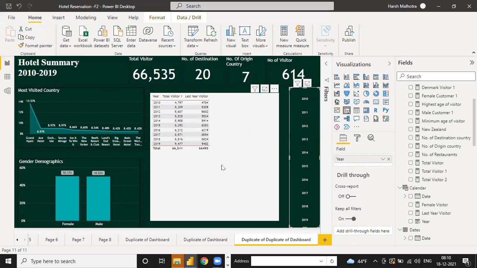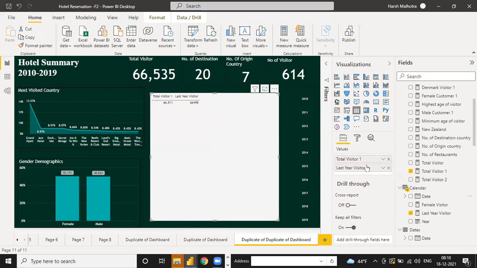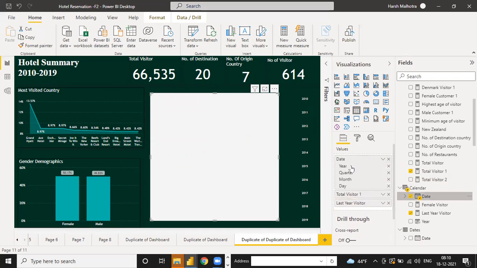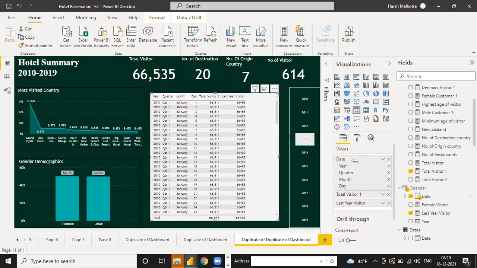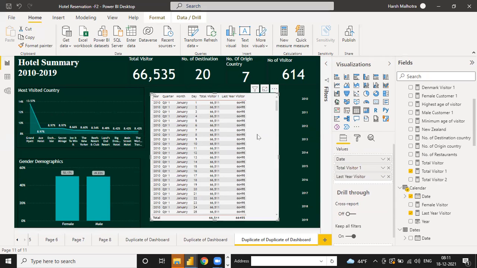Maybe something is a little bit not correct here, but year is not correct actually, but other values are correct. If I go to this date again, maybe some date column function error. Click on this date, show hierarchy as a date.